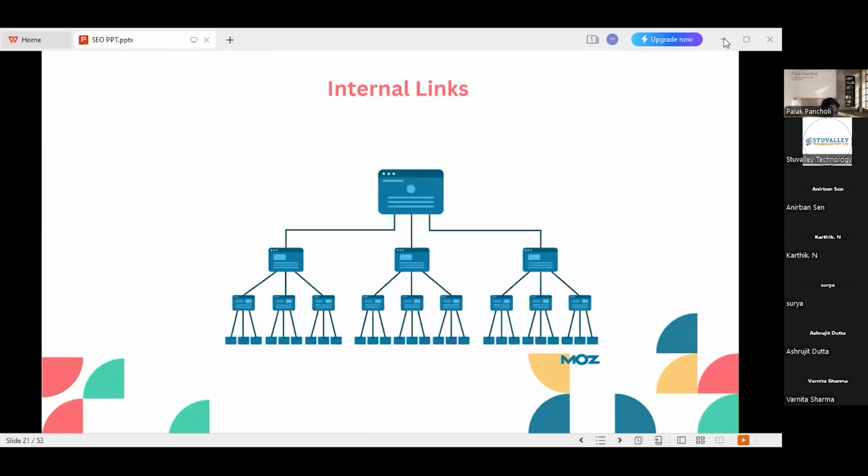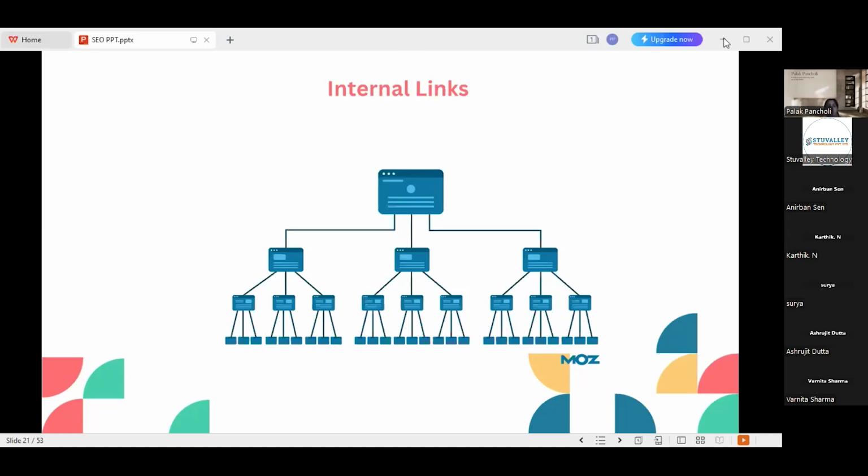To navigate within the website, for example, like read more. Yes, correct. Yes, Karthik, you were saying something? Yes, ma'am. We should use internal links to get traffic in our website only, by using contact us and useful links. When the user clicks on those links, the user will stay on our website only. He will not be directed to another website. So there will be traffic on our website only, ma'am.